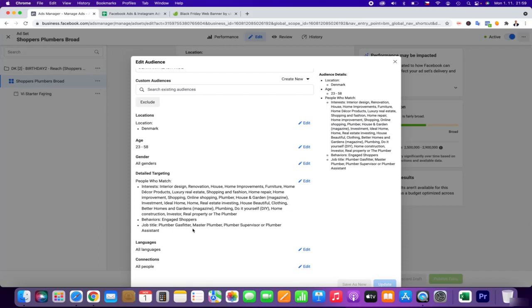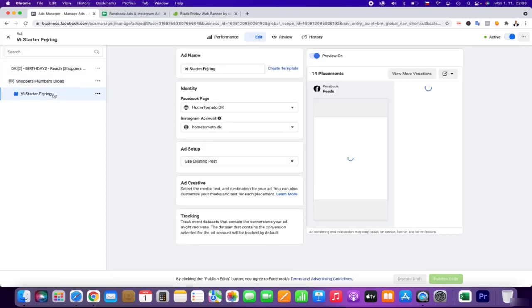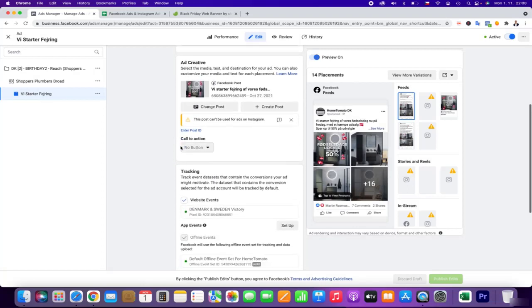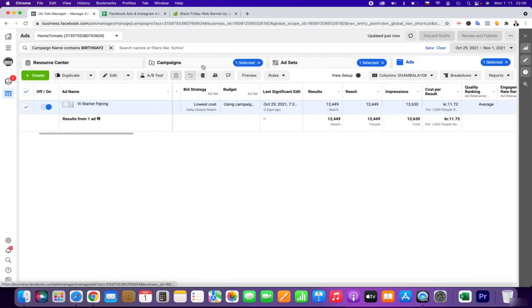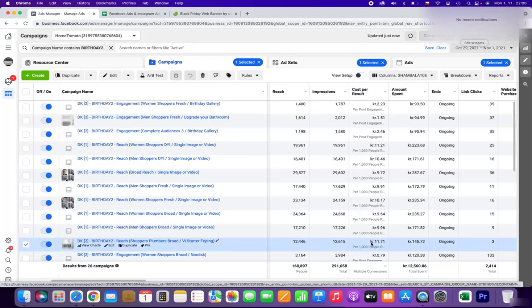The reason is that we are getting more and more customers as plumbers, because we have been selling bathrooms, so we have been reaching out to the plumbers just with a gallery that the sale has started, and we are also reaching out to plumbers and people interested in rebuilding the bathroom.